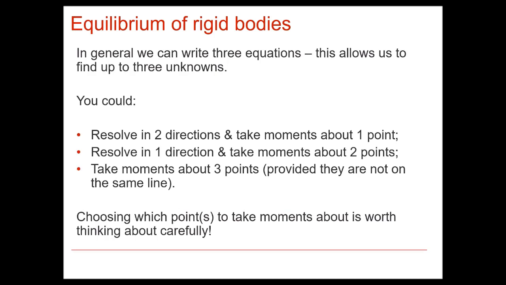So what that means is that we can write down three equations, because we have the two dimensions, horizontal and vertical, or possibly two perpendicular directions aligned with a plane. But either way, we've got two directions that we can resolve the forces in, plus the equation that we get from considering moments. So the sort of things that we could do is to resolve in two directions and take moments about 1 point, or we could just resolve in one direction but take moments about 2 points. Or we could take moments about 3 points. As long as they're not on the same line, then that will give us all the information that we